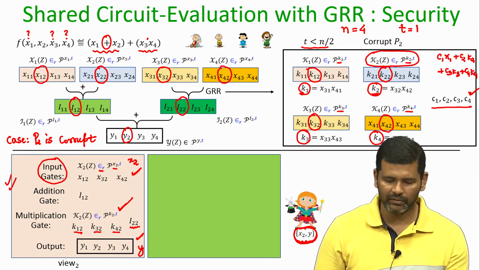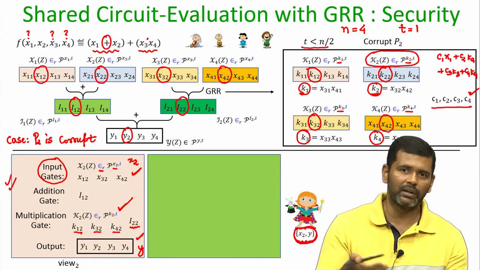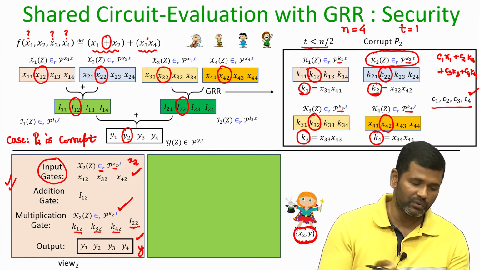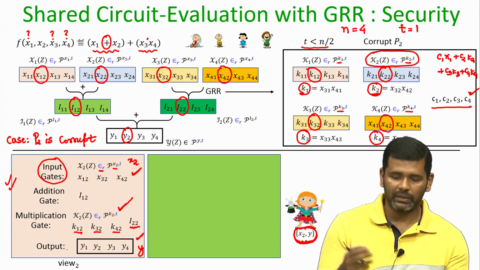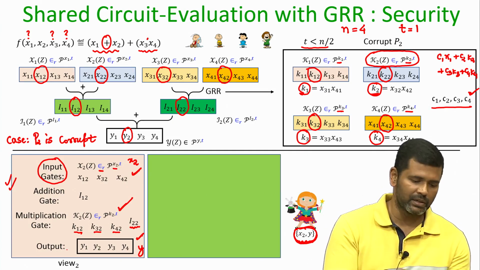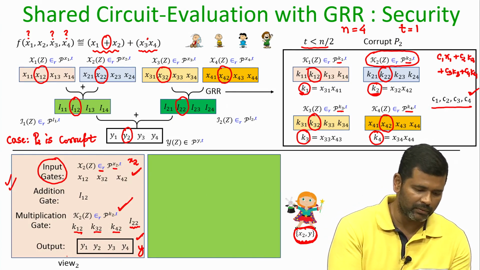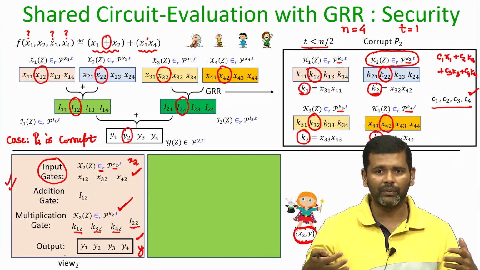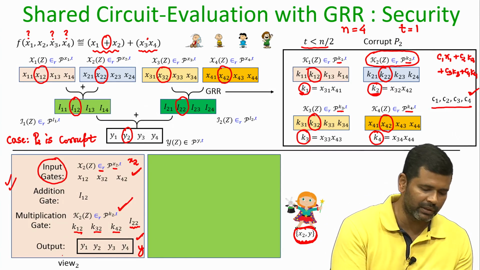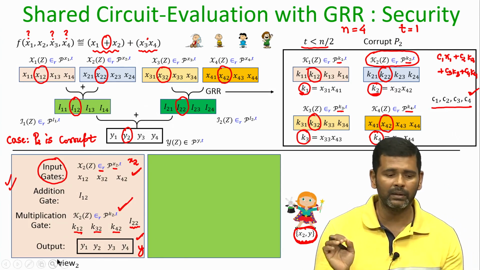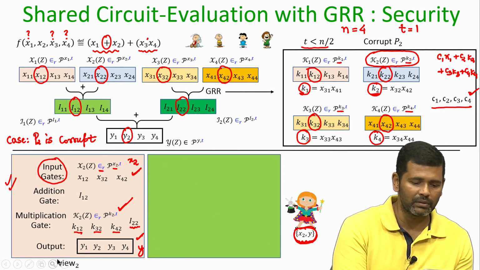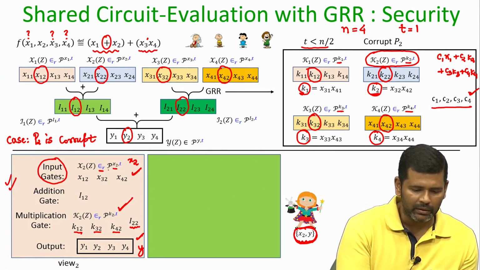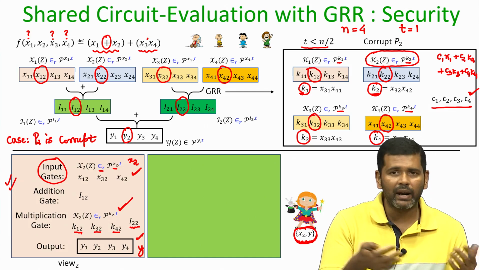We have to see the simulation here, how exactly the simulator is going to reproduce the information, and when I say reproduce the information, she has to generate a probability distribution, right, with respect to view. She has to generate a sequence of values whose probability distribution is the same as this view 2, because remember view 2 does not consist of fixed values, because say for instance this polynomial fancy x2 is a random polynomial.